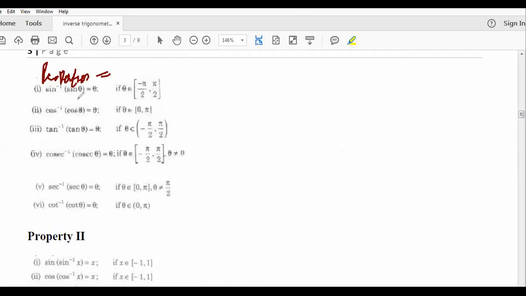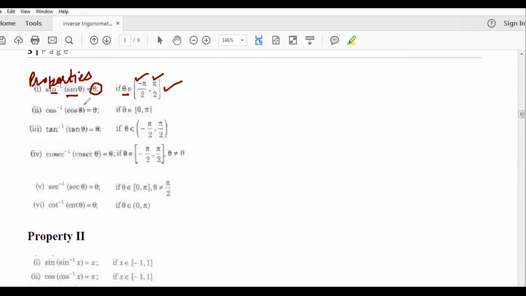So the property is sine inverse sine theta. Tell me this property. Key property now is this. Sine inverse sine theta: sine and sine inverse cancel, so theta remains here. So what is the value of theta in case of sine theta? Maximum value and minimum value in case of theta. This is minus pi by 2 to pi by 2. So remember this thing, because this is the angle. So the angle in case of sine is always minus pi by 2 to pi by 2. So this is the property.